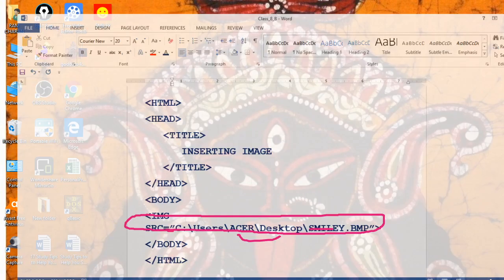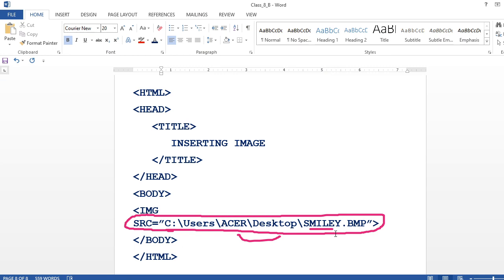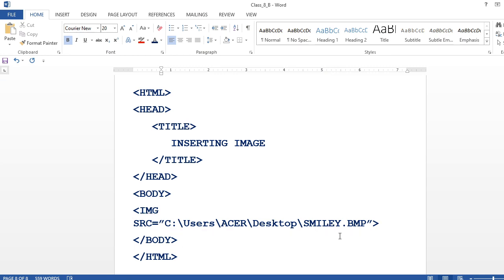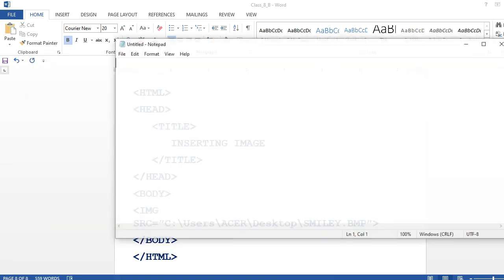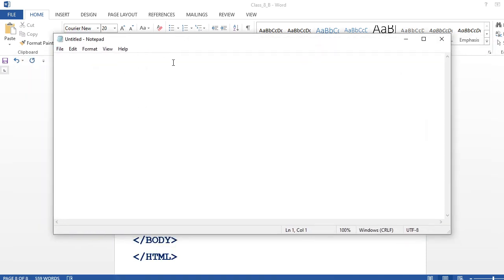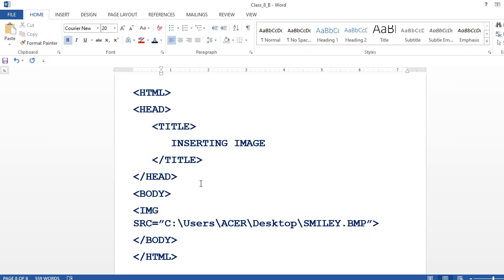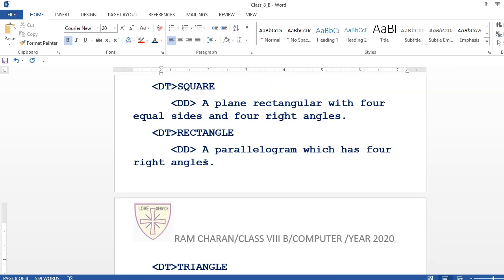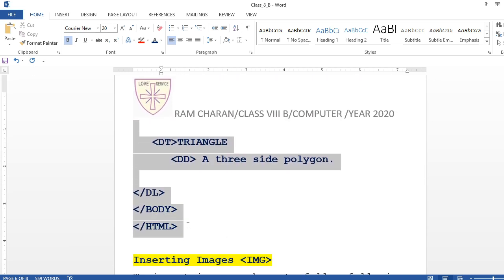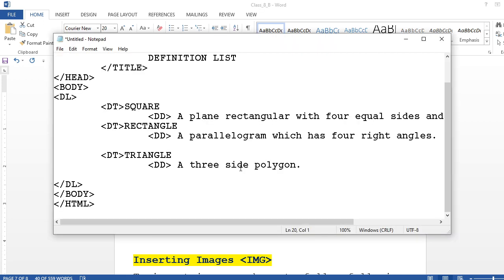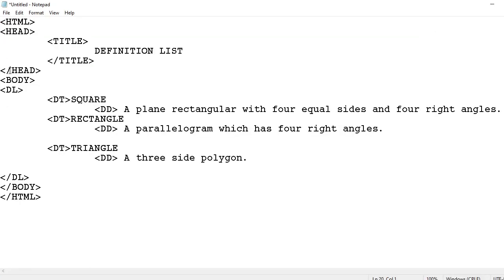Okay, so let's go back to notepad, understand? So I am going to take the notepad. Last time what we did, notepad. Here in this notepad, shall I write or shall I copy it from here? If any error comes we have to rectify it, and it will consume time. So I am going to copy the things from here. I already wrote this for you, I am simply pasting it here. So here you check out what we have written.